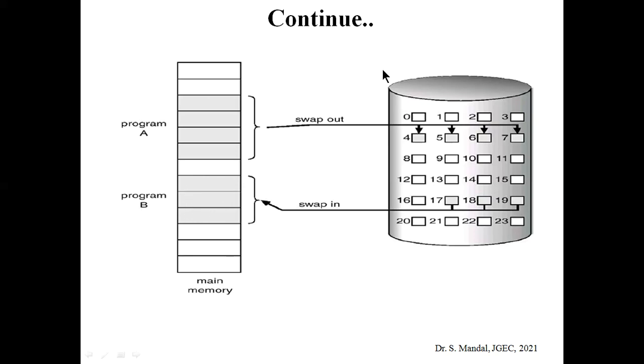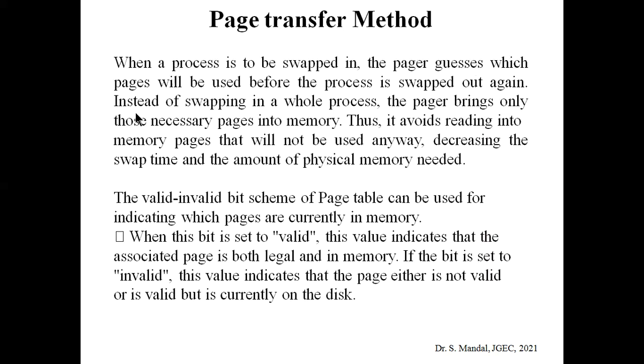In this way, what are the advantages? You can easily load a large number of pages into the main memory, or you can load more processes into the main memory. Suppose for a particular program 1, 2, 3, we don't need all the pages, only some pages are required, so we can load those pages into the main memory only for execution purposes, and whenever we need other pages, we can swap out some pages into the secondary storage again and swap in the required page.